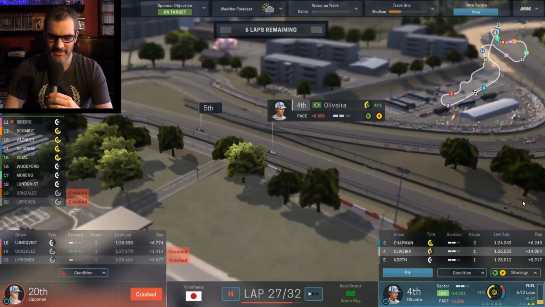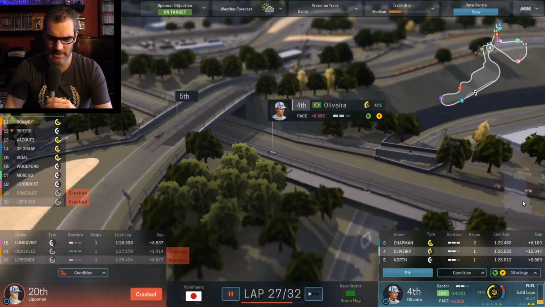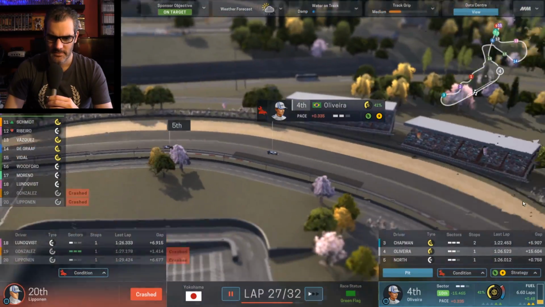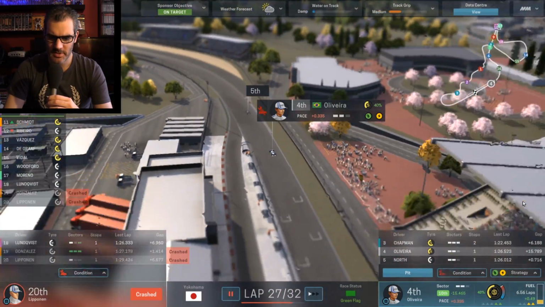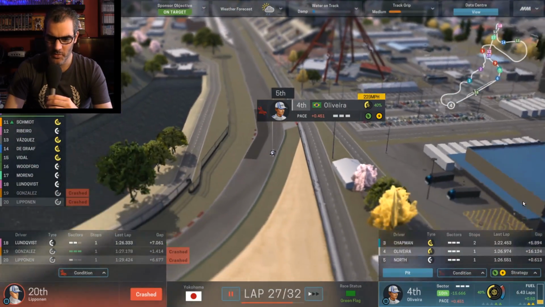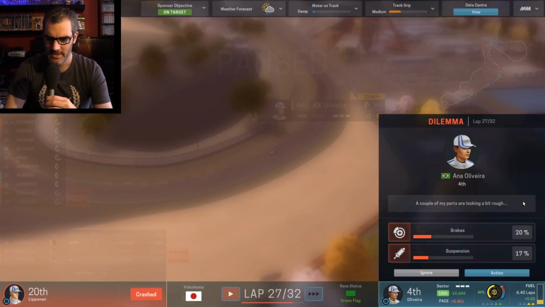Rain is coming again. Don't know how I feel about it this time. I'm kind of hoping it just goes away at this stage. I am conscious that my driver has quite worn tyres, and we've just got a condition warning come up on the car as well. So there it is, brakes and suspension